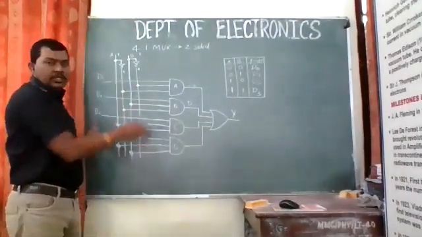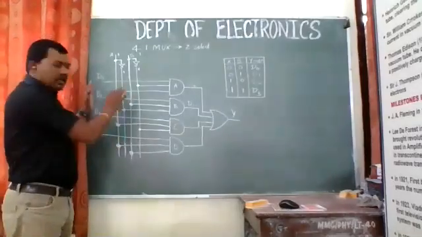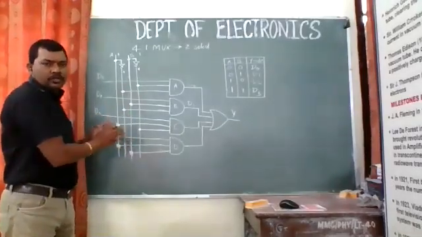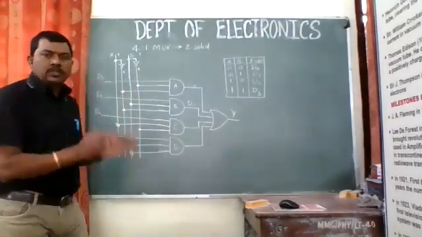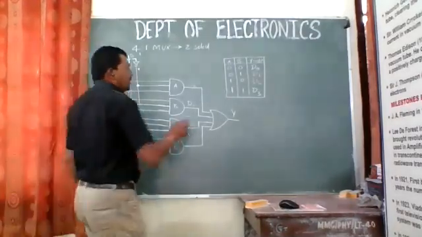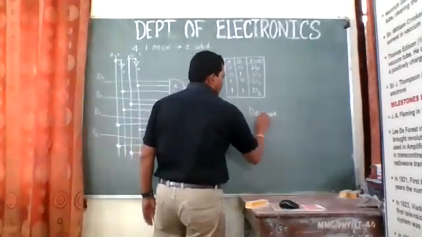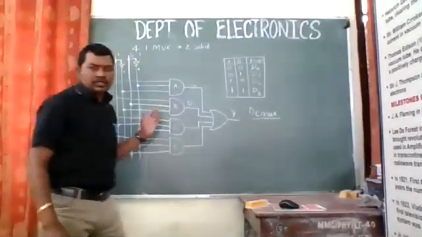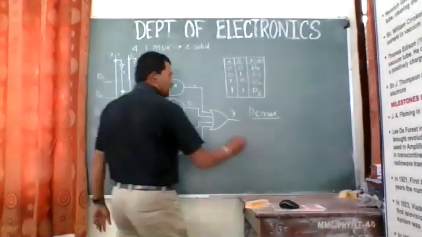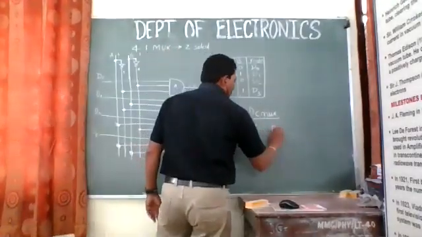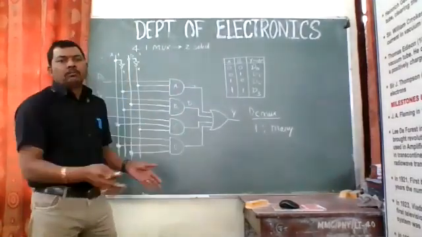So I guess all have understood how to draw this multiplexer circuit. But when we see it completely, it looks a little bit complicated. But otherwise, it is very simple to draw, right? So if you draw it like this, it is very easy to draw. Now let us try the same circuit for demux. Now what is a demux? When I say demux, that is the vice versa of the mux, right? So mux was many is to one, and demux is one is to many. So one is to many means a single input and many outputs.